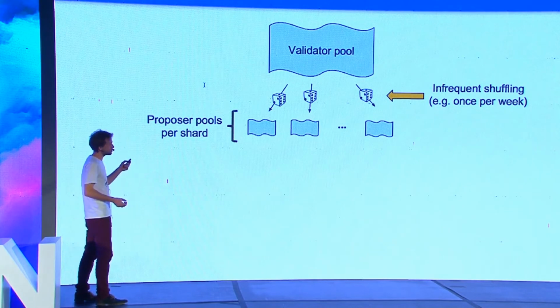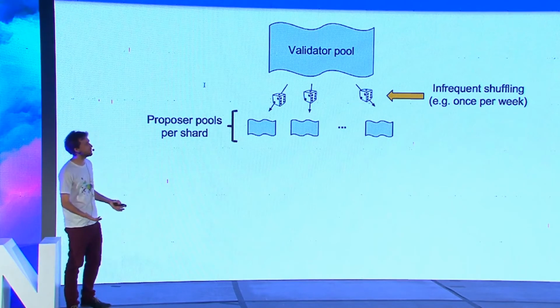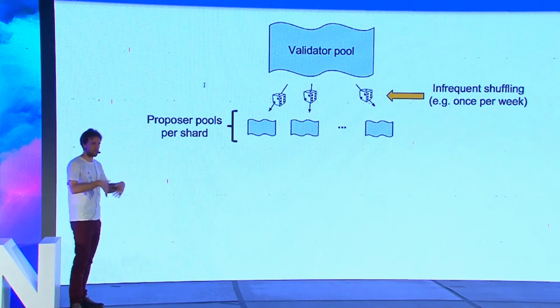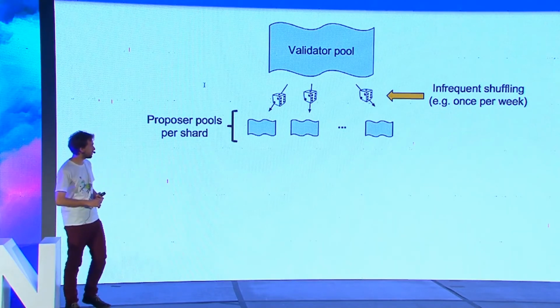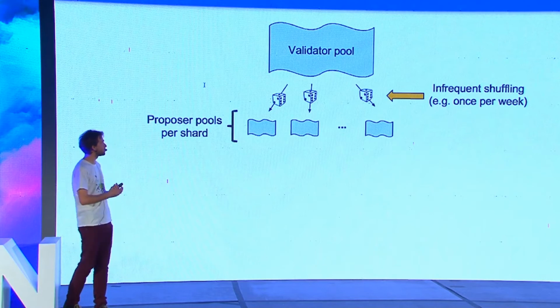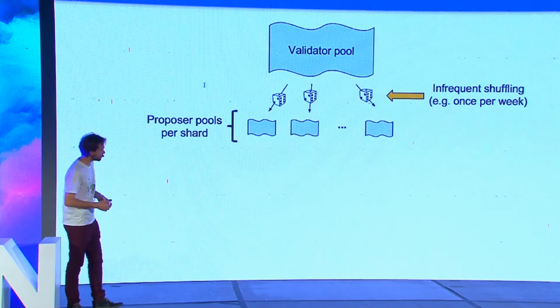Now, one of the constraints with proposing is that if you want to make good proposals, you need to be aware of the state of the shard that you're in, for example, to prioritize transactions best and make more revenue with transaction fees. And because syncing a new blockchain from scratch takes time,